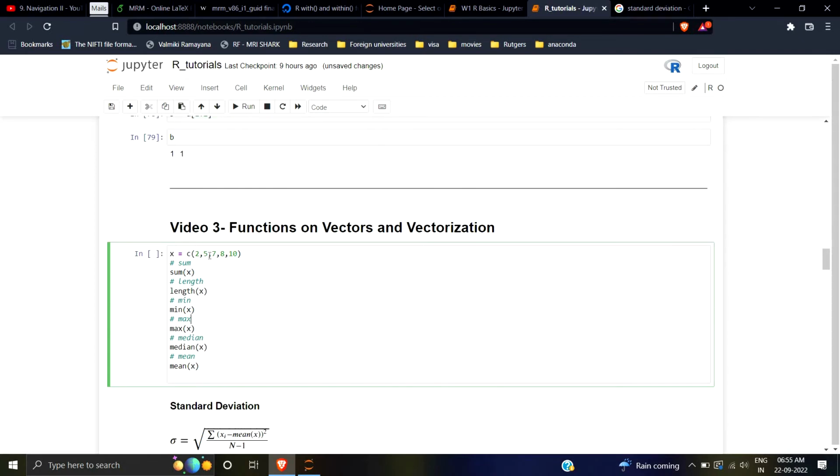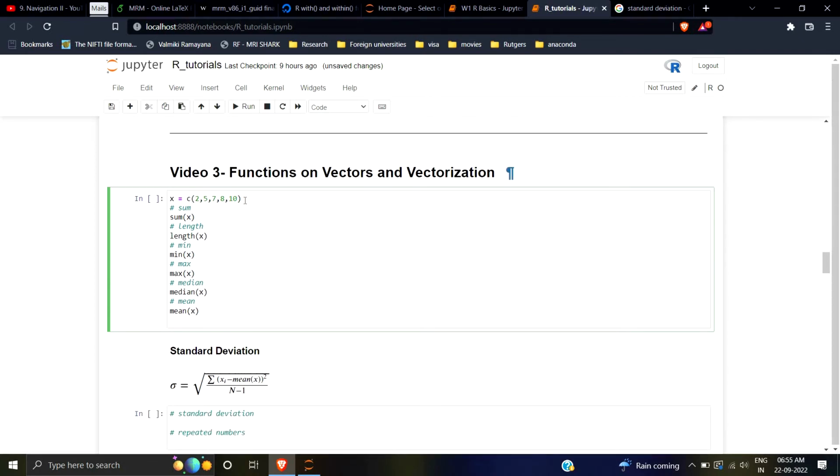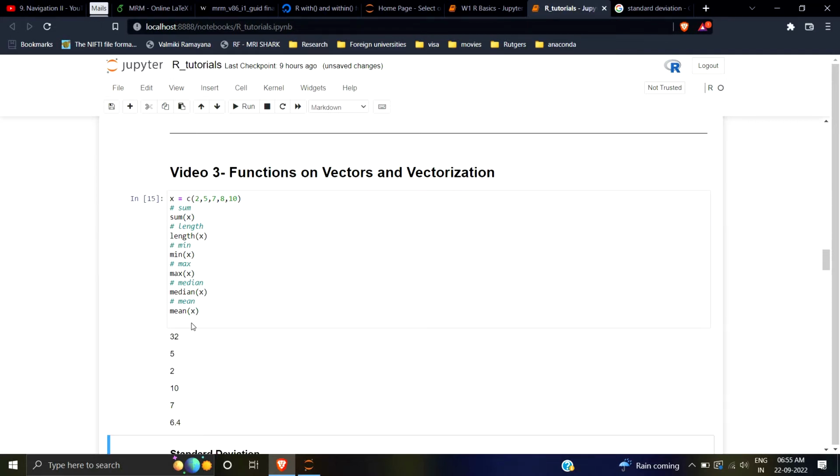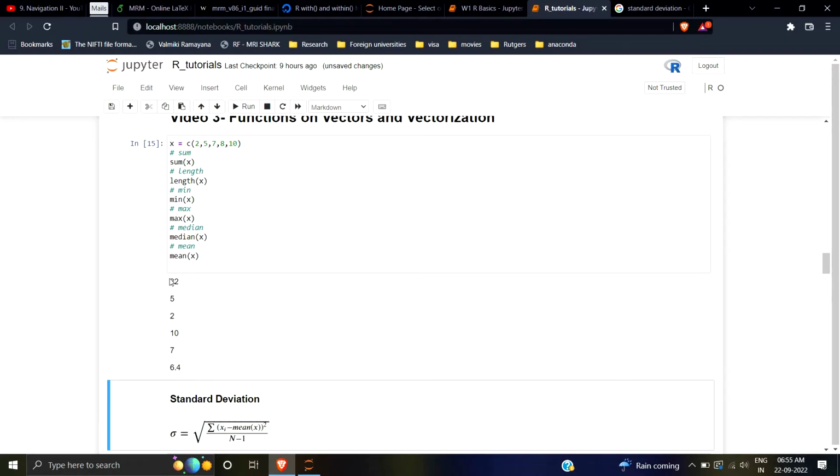Let's get started. Okay, so let's say I have a vector, x is equal to 2 5 7 8 10. And you remember the c function, the combine function, by which we can make a vector. Just let's see what the sum of x, length of x, min value, max value, median, mean. Okay, press shift enter and there you go. So the sum is 32, the length is 5, minimum value is 2, maximum, this is the median, and this